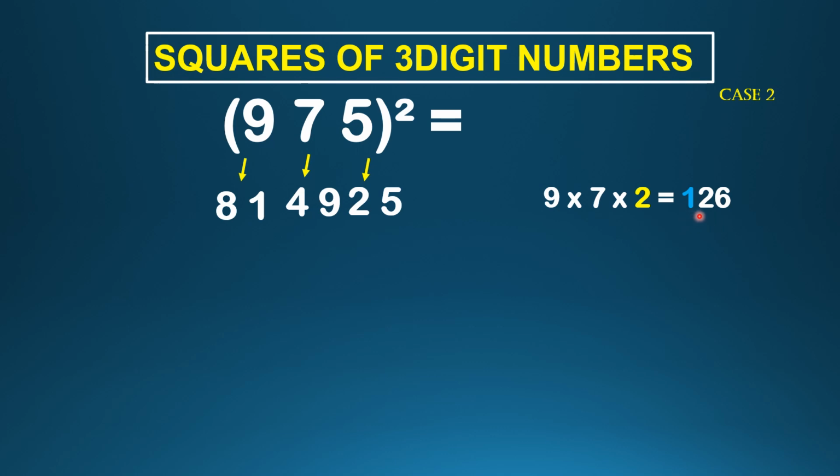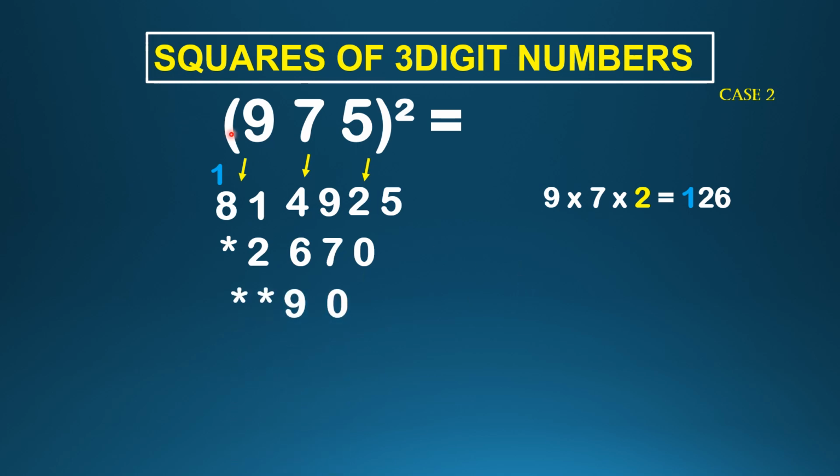You observe now we got 3-digit number. But as per the rule, always we should have a 2-digit number over here. So leave the first digit, write 26. This one 100, take it as a carryover just before number. So above 8, we will write it as 1. 1, 2, 6, 126. Now next step, 7 into 5 into 2. It is 70. 7 5s are 35, 35 2s are 70. So just besides 26, we are writing 70.